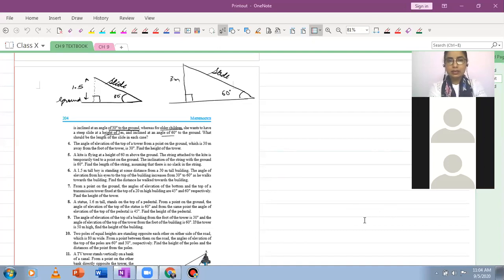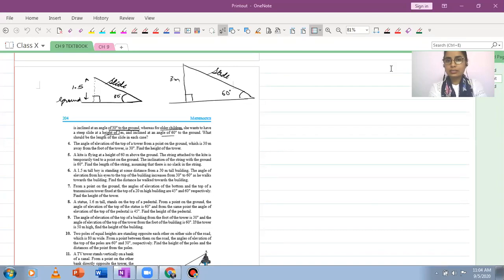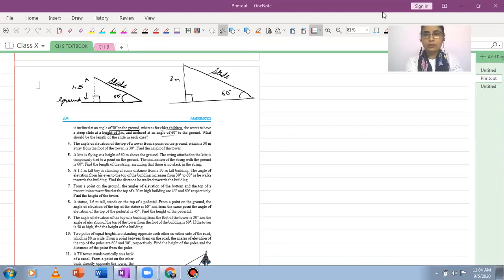We had started with chapter number 9, and I think we've done the first two questions. We were doing the third question. I was just discussing this, and I'd drawn these pictures when the class ended. Okay, so